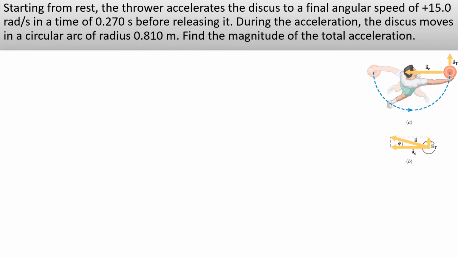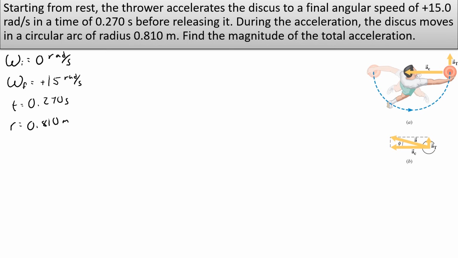So let's start by writing down some of the given information. They tell you that you're starting from rest, so you have 0 radians per second initially for your initial angular velocity. Your rotation speeds up. You have a final angular velocity of positive 15 radians per second in a time of 0.270 seconds. They even tell you the radius is 0.810 meters, and they're asking for the total